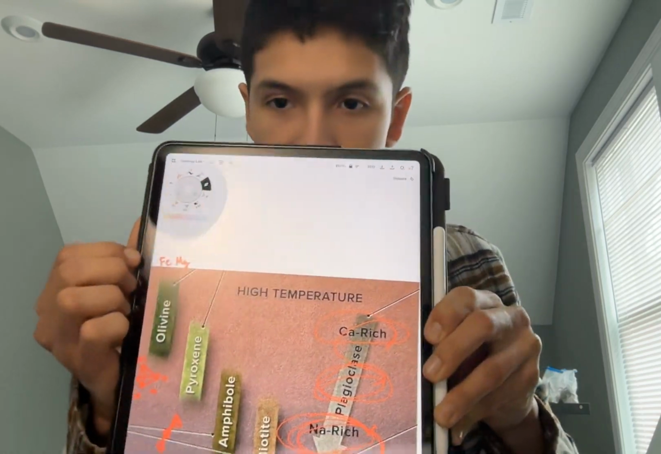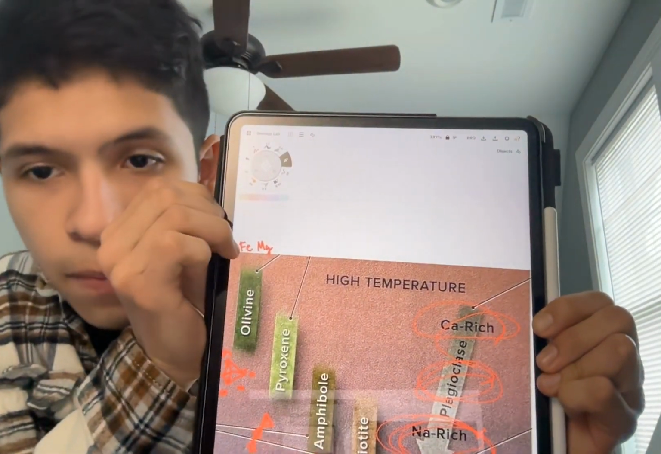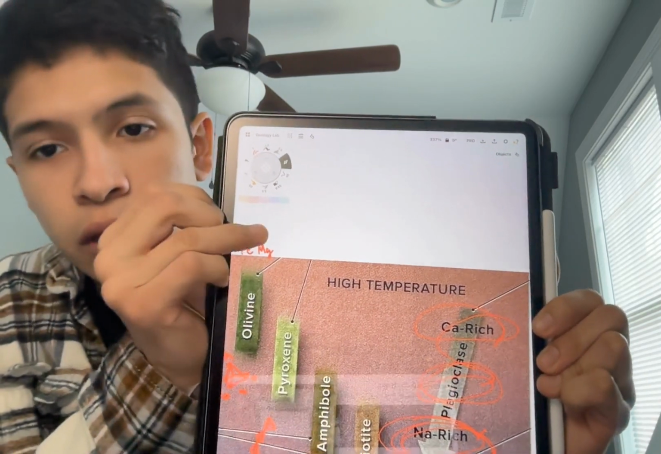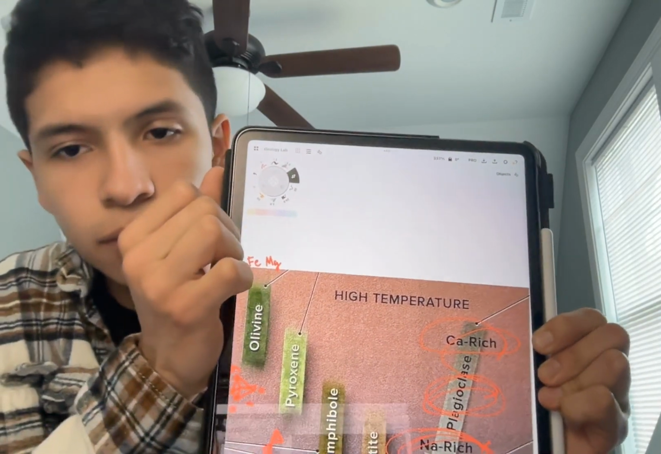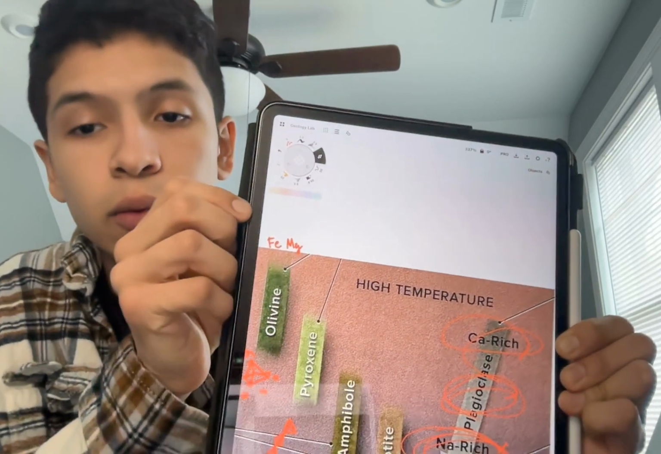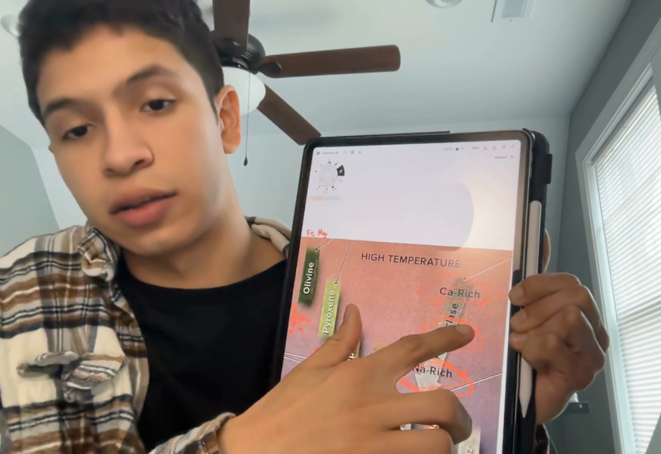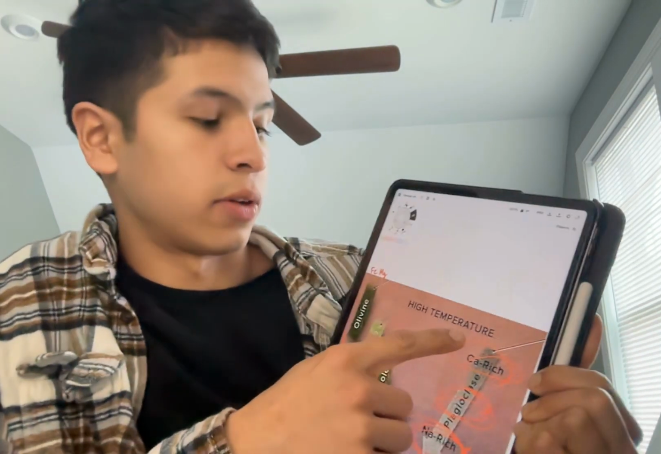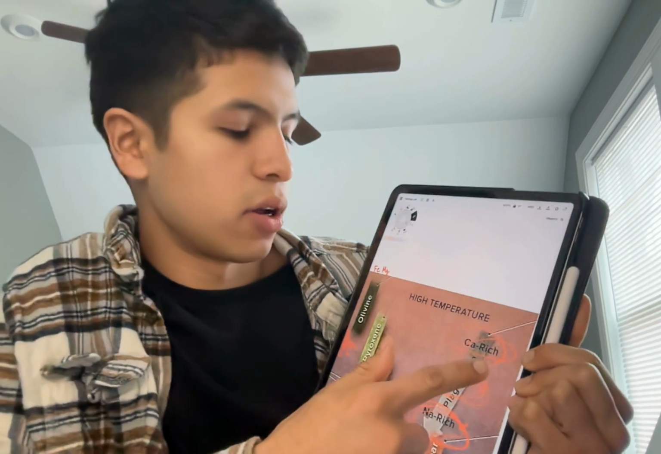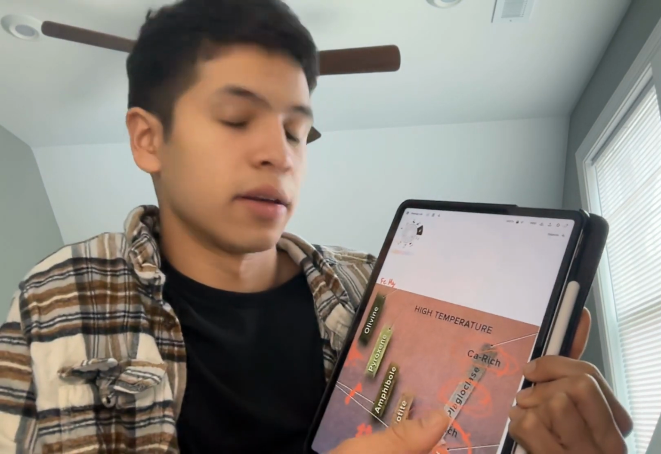Olivine is a rock that forms during the process of magma cooling. This rock will be mafic, which means there will be a lot of iron and magnesium content. At the same time, because it's mafic and very hot, there will be a lot of calcium-rich plagioclase forming,